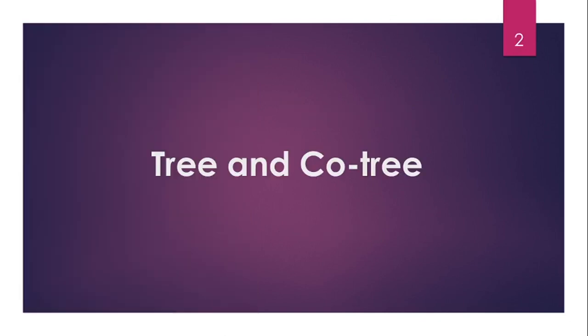In the previous lecture video we have seen the graph of a network, how to draw the graph of a network, what its types are, what an oriented graph is, then subgraph and connected graph. On the basis of the same, we will also divide our graph into two other parts, tree and co-tree. There is a special purpose for this tree and co-tree, and here we are going to look at what tree and co-tree are.